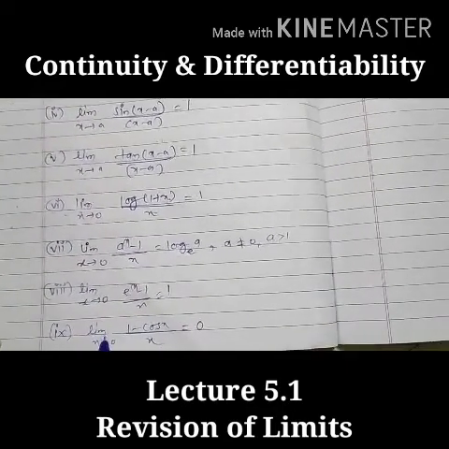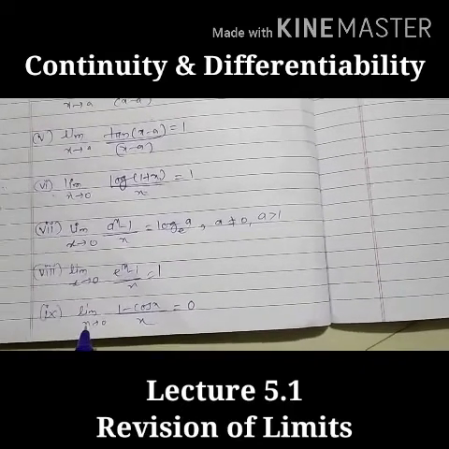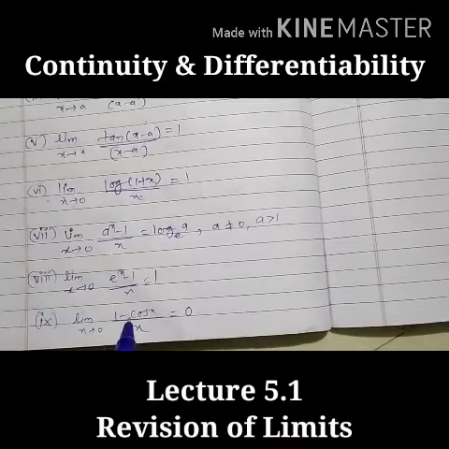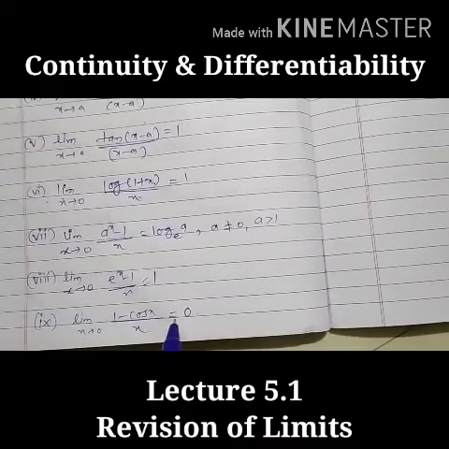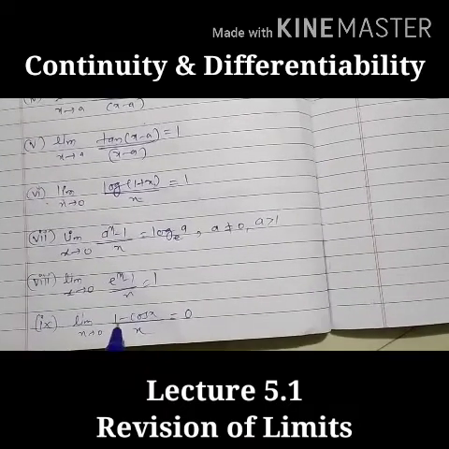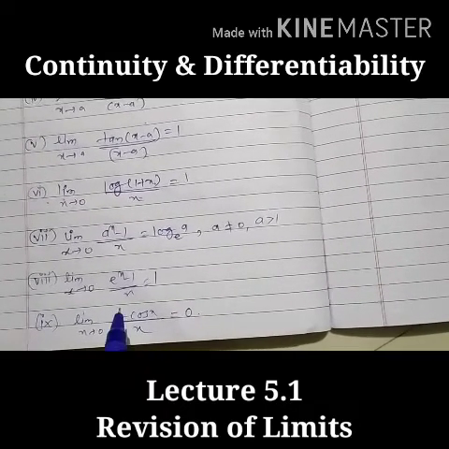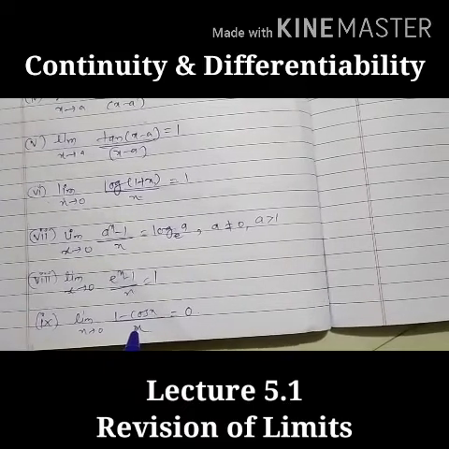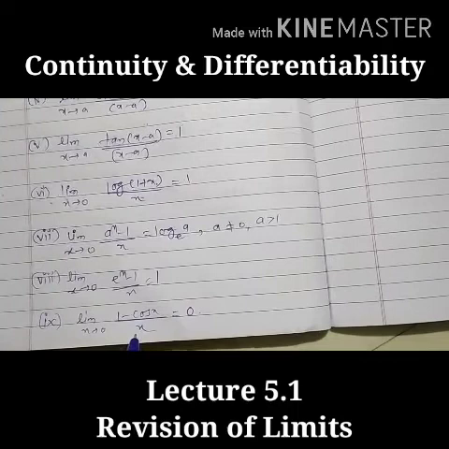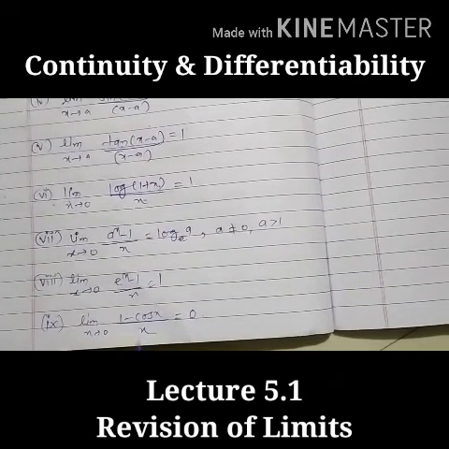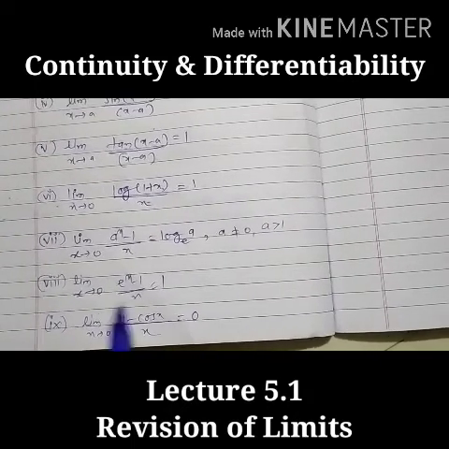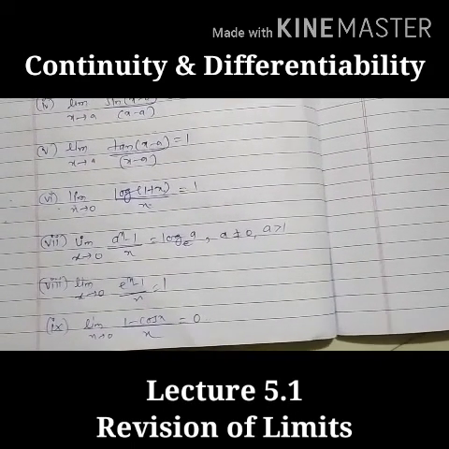Now the ninth one, it is not given in the standard limits, but we can prove this. Limit as x tends to 0, 1 minus cos x upon x equals 0. Now here 1 minus cos x we can write as 2 sin square x by 2. We can take 2 common. So sin square x by 2, and here we can take x by 2. So one sine we will take with this x by 2, multiply and divide by 2. So for this we'll get the limiting value 1, and one more sine is there. So sin 0 is 0, that's why we'll get this value 0. Understood?